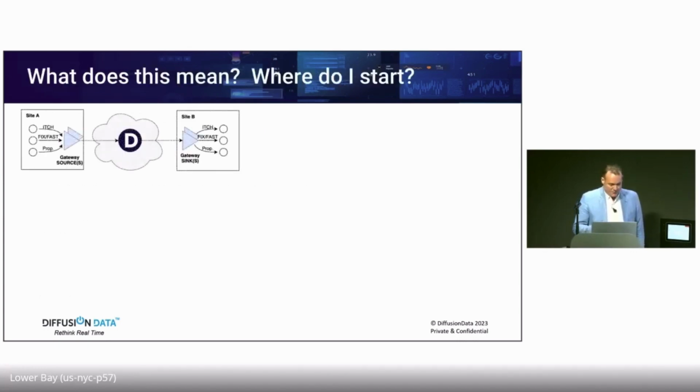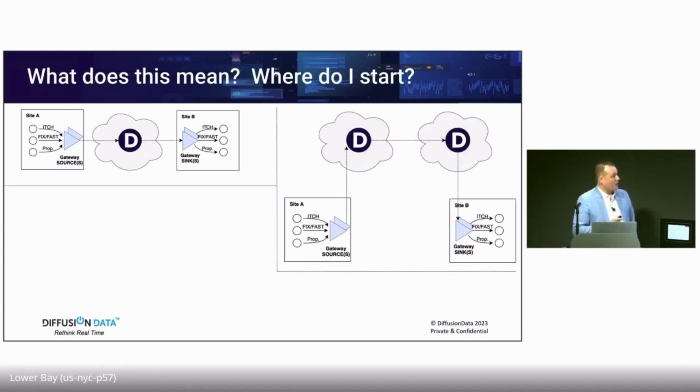So where do we start? Our core product is called Diffusion. It is essentially a Java jar file, so it runs on anything with a JVM. But we also have what we call a gateway framework, which is a product that allows us to pull in data from any protocol into Diffusion, and it acts as both the source and sink. So we can pull in data from any standardized protocol, it could be the H protocol, it could be FixFast for streaming, or any sort of proprietary system, and we can consume data and then publish out to any system as well. So we're talking about getting data into Diffusion, and then getting data out of Diffusion.